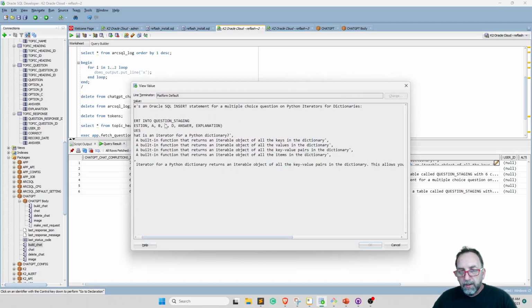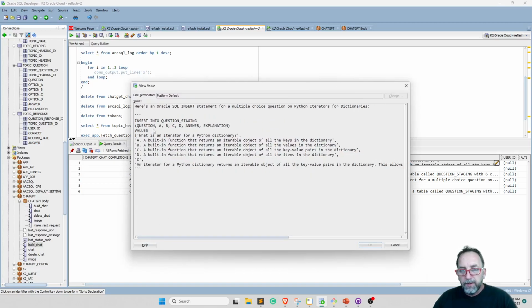All right, so this is what it came back with. Here's an Oracle SQL insert statement for multiple choice. Insert into question, answer, 1, 2, 3, 4, 5, 6, 7, values 1, 2, 3, 4, 5, 6, and 7. What is an iterator for a Python dictionary? And it says the answer is C, a built-in function that returns an iterable object of all the key value pairs in the dictionary. So this might be where we would already have, like, can you give me an example